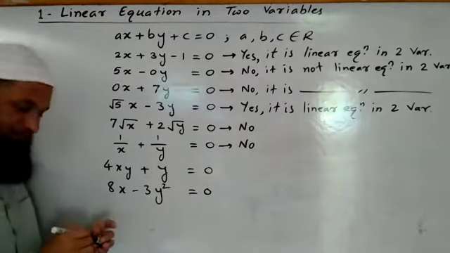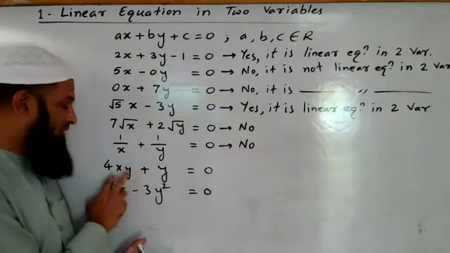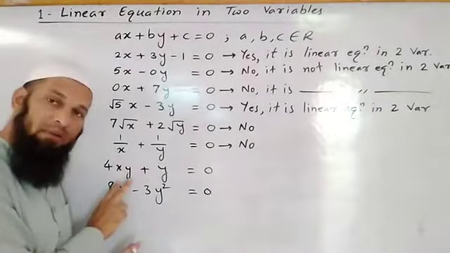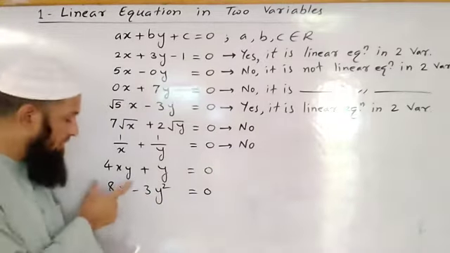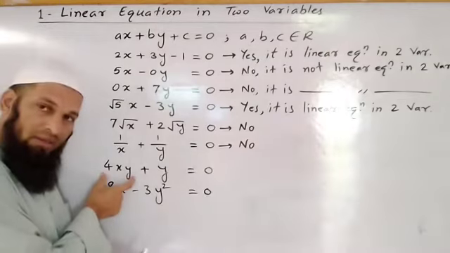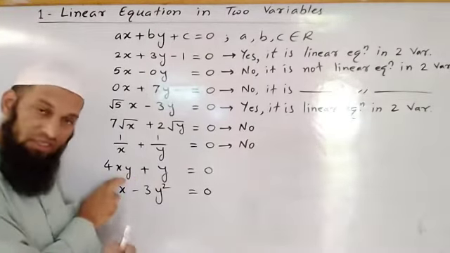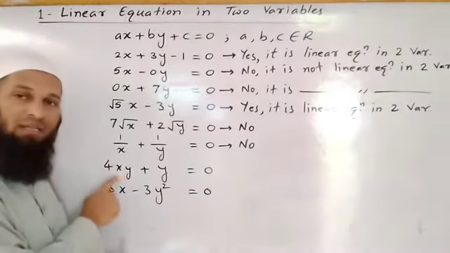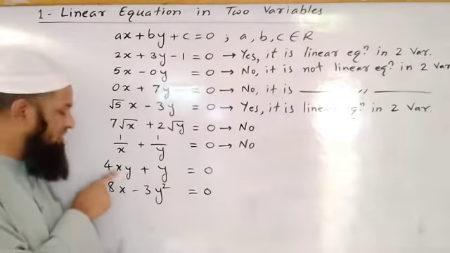Now see this equation. In this equation 4xy plus y is equal to 0. In this equation both variables came together in the same term, in a single term. In the first term they came together. In such a condition, how can we find the degree of this term? We should add the powers of the variables. Powers of both the variables we should add. So what is the power of x here?